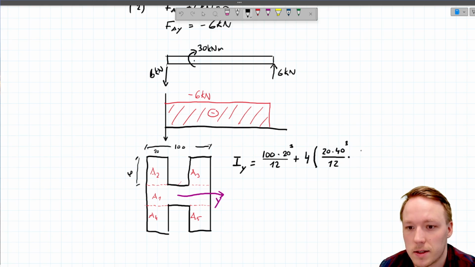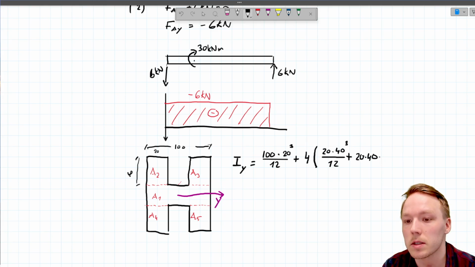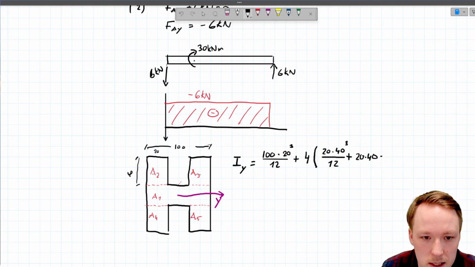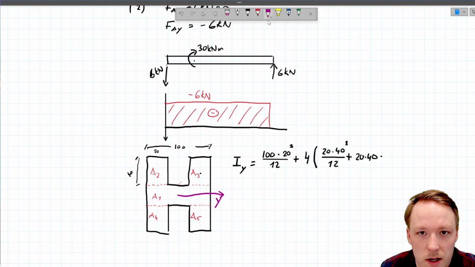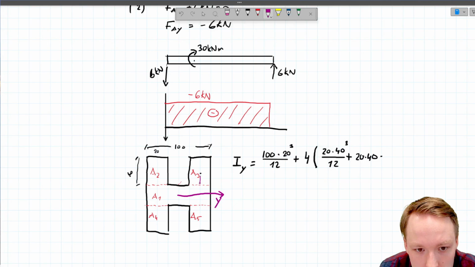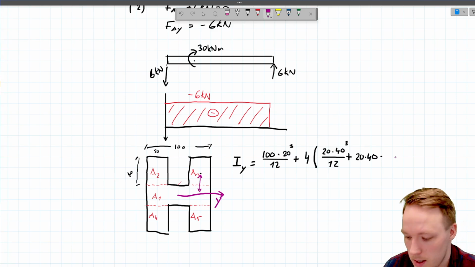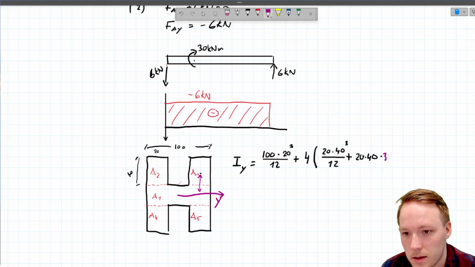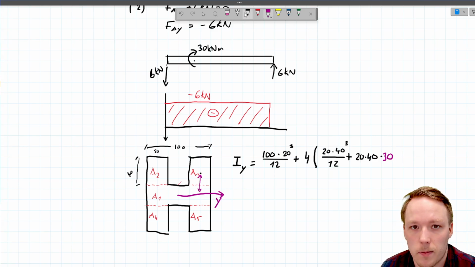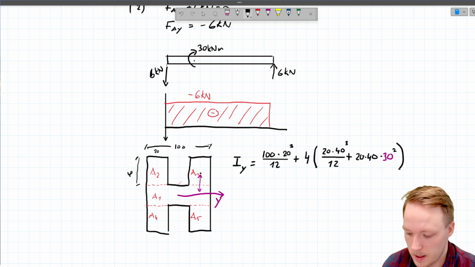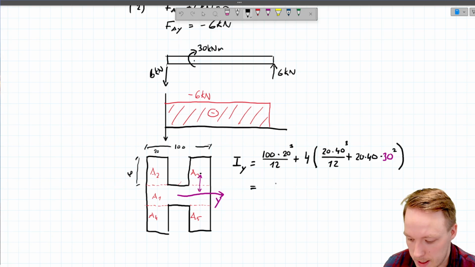and then we have to add here the standard term, which is area times the distance from the neutral axis of these areas to the neutral axis of the entire profile, and that distance there, it is 30. And that value we power to 2. And when we calculate this, we will get